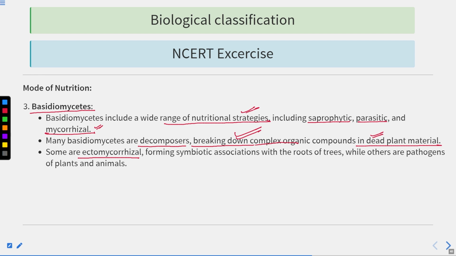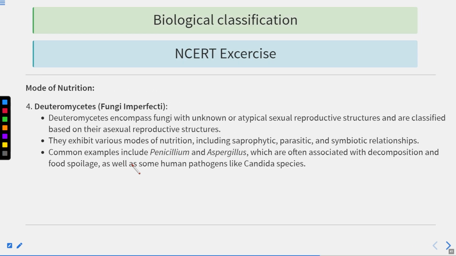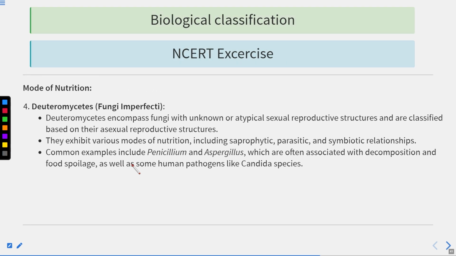So they are ectomycorrhizal, forming symbiotic association with the roots of the trees, while others are pathogens of plants and animals. So this is about the basidiomycetes. Now the other type is the deuteromycetes, that is the fourth class, the fungi imperfecti. Now if we see the nutrition in this class, then deuteromycetes encompass fungi with unknown or atypical sexual reproductive structures